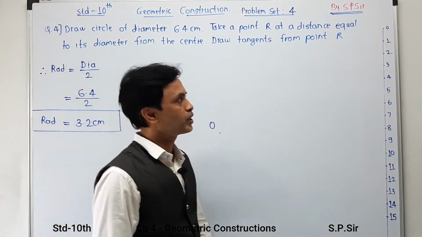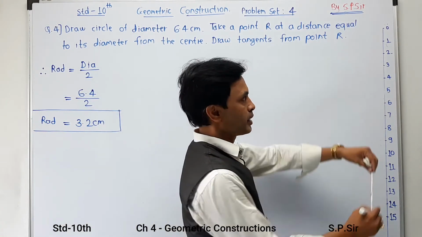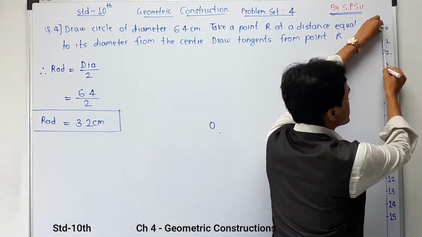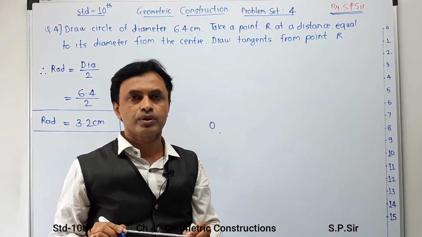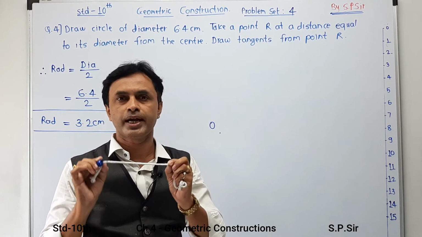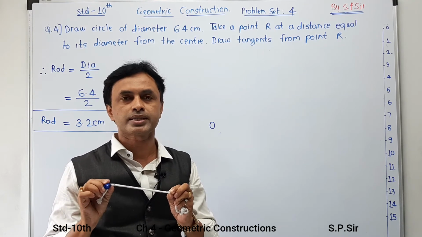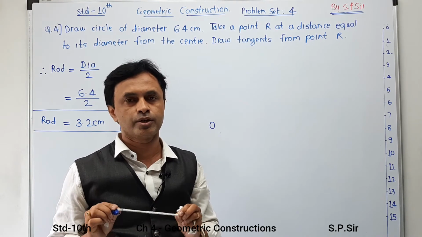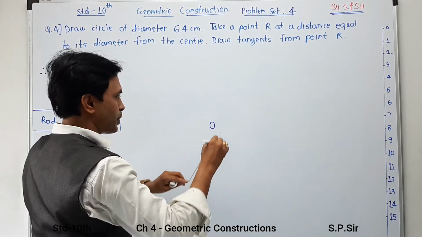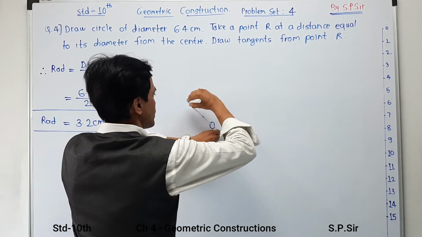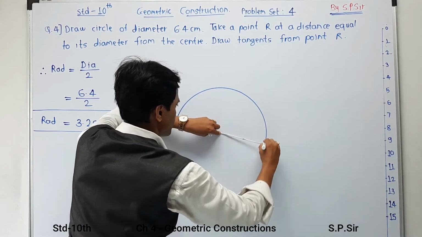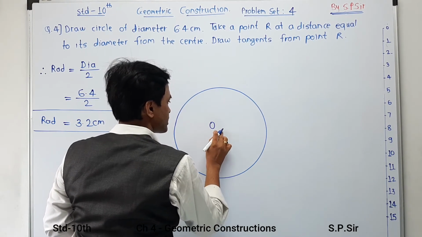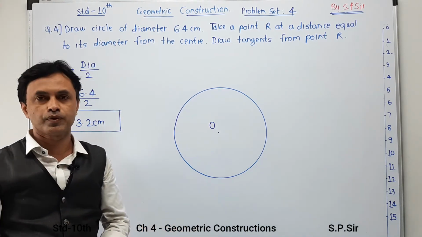Remember students, I have already drawn my scale over here, and from that I am going to take a radius of 3.2 centimeter. Now you have your own compass, but I am using a pointed head and pencil head with the radius 3.2 centimeter. Definitely you have a standard instrument, and with the help of a standard instrument your diagram is perfect. So taking O as the center and the radius 3.2 centimeter, here I have drawn a circle of radius 3.2 centimeter. This is your first step.